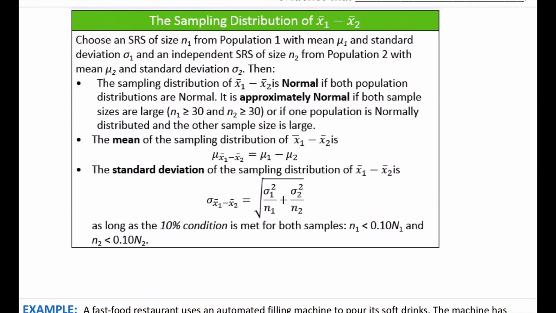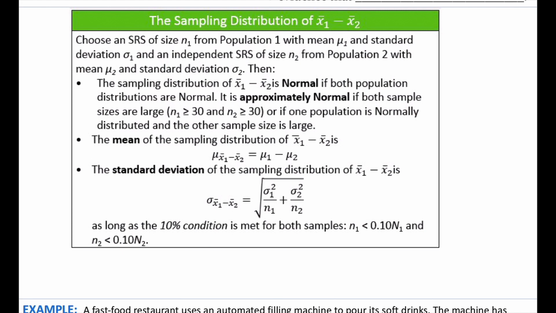Sampling distribution. If they ask you about the sampling distribution, that means the distribution of all samples. So in the last question, if we were to take samples of 15 of her Instagram posts and his Instagram posts, what would those look like? Where would those dots be? If I was to graph them, what would that graph look like? That's what they're talking about here.